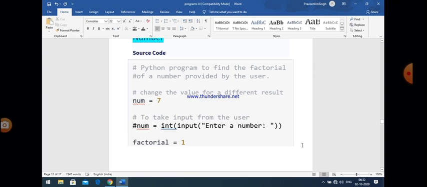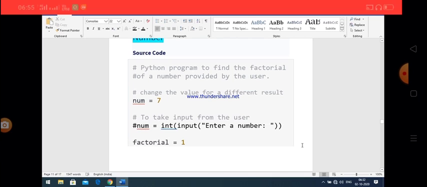And we take another variable factorial and initialize it with 1, because factorial is basically a variable, or we can say a container, which contains the final result of the factorial of a number.